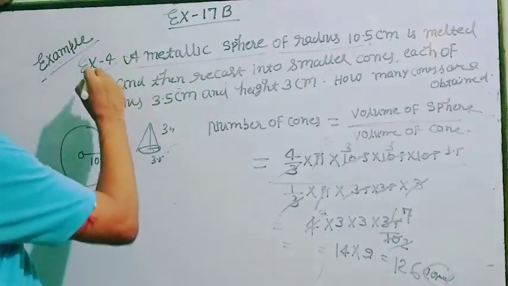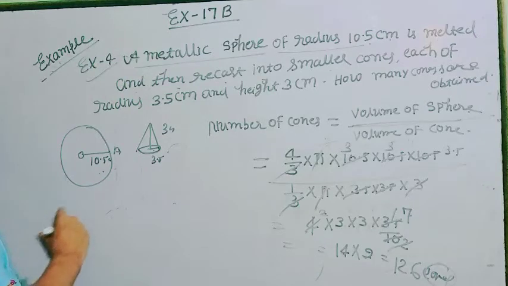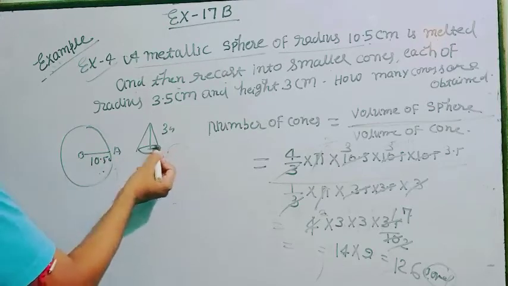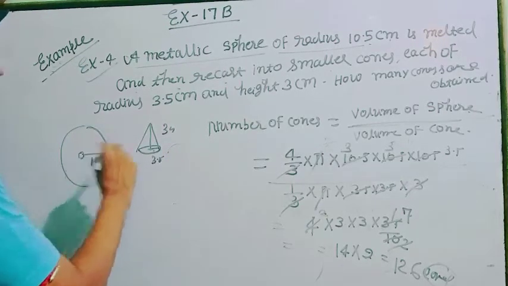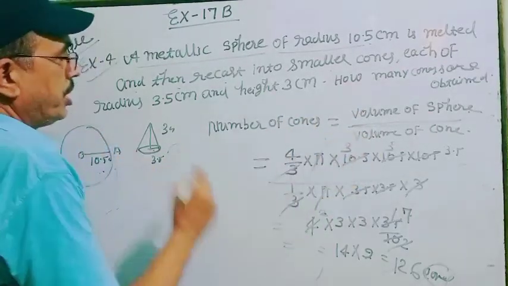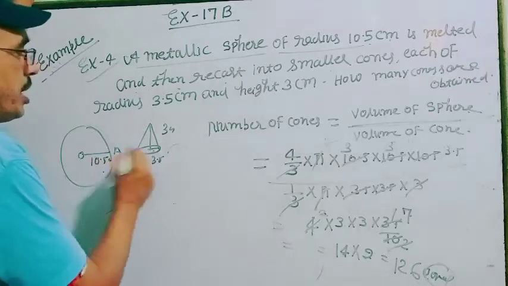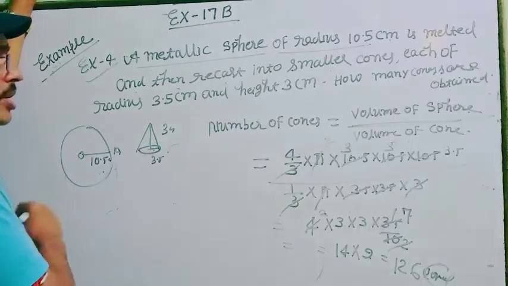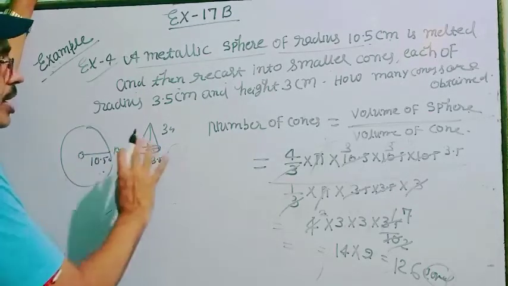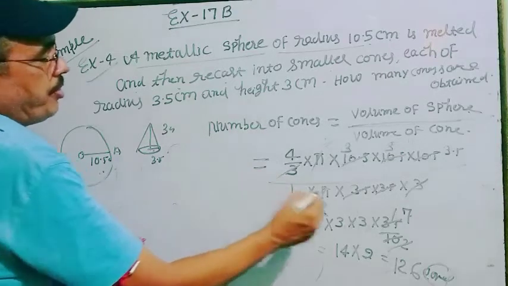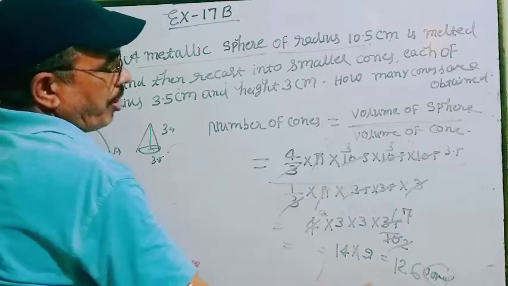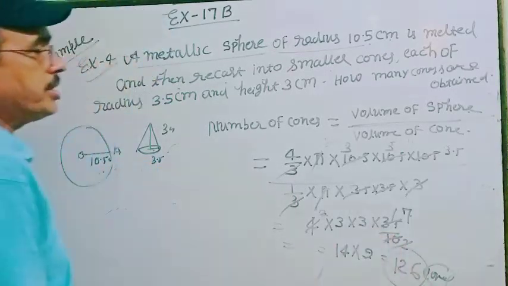So dear students, this question is also related to question number 2. In this question, a sphere is melted and recast into a cone. So first you write the volume of a sphere in the upper part and the volume of the cone in the lower part. In this type of question, when one is melted and another is recast from it, both have the same volume, with pi in both. So don't write the value of pi, only write 2 pi, and after that you cancel it and get the number of cones formed, and that number is 126.